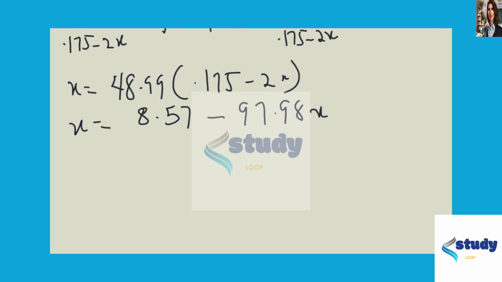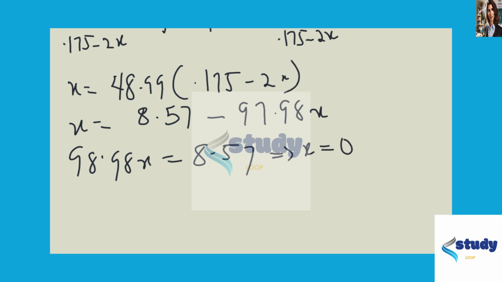And of course, 98.98x is equal to 8.57. 8.57 divided by that, and the value of x is